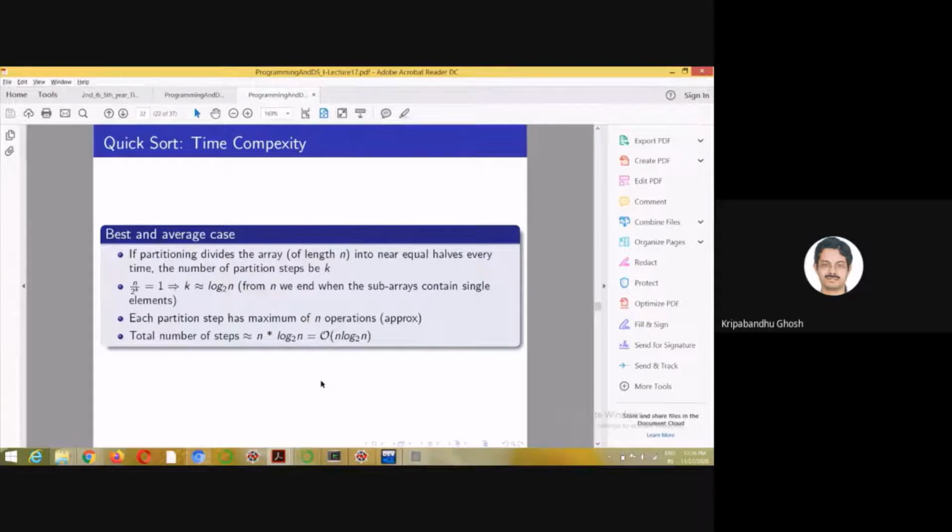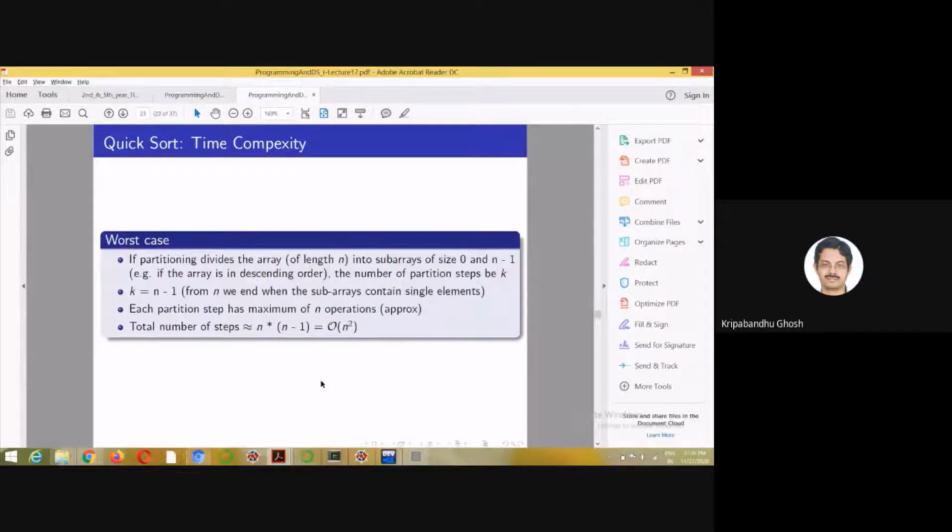But what about the worst case? The worst case is the one where after each partition, the left subarray is of size 0 and the right subarray is of size n minus 1. That can happen if the array is in descending order.